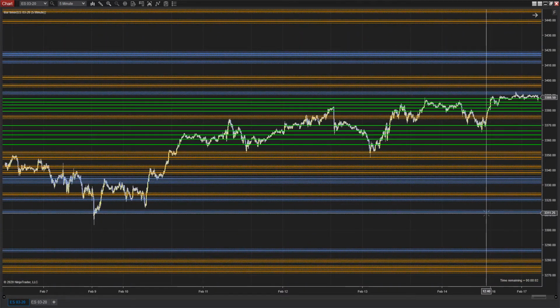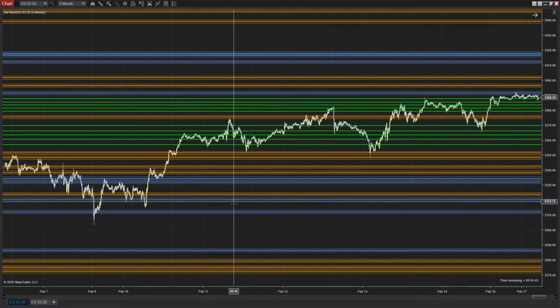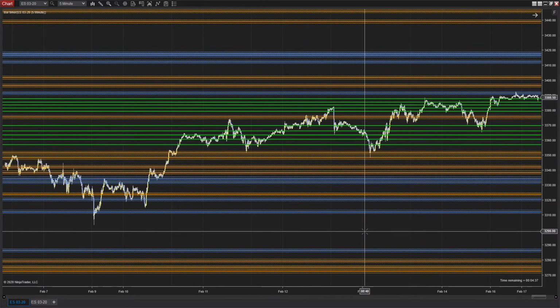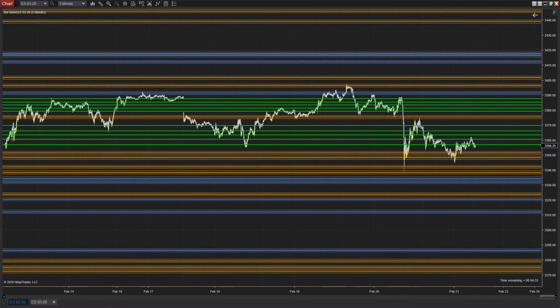Now here's the thing: if we come back to this 12 quarter, and this is really the second scenario, but we're going through this one first. So it's really the second scenario, that if we come back here, this really needs to hold, or maybe this 07 quarter area. We could probe it to 07 quarter, but lower than that, we're coming back down here to 86 quarter, okay? And then back up here on the other side,